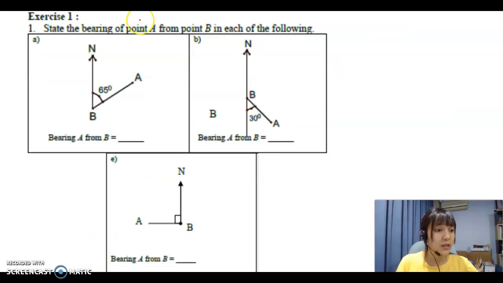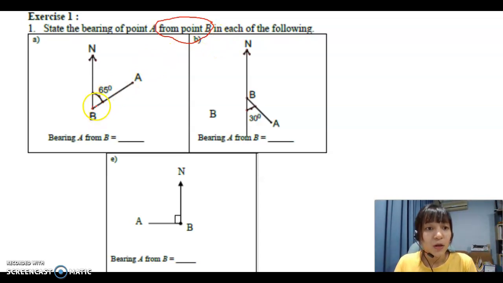After this, in page 2, there are 6 questions from exercise 1. I'm going to go through only 3 of them. Find the bearing of point A from point B. The keyword is here: from point B, meaning that you are standing at point B now. You are standing here, then you want to walk towards A. So what direction? What angle should you